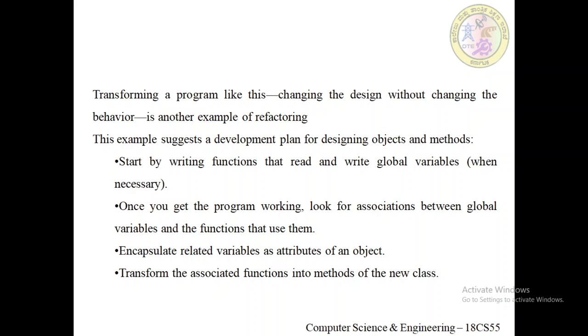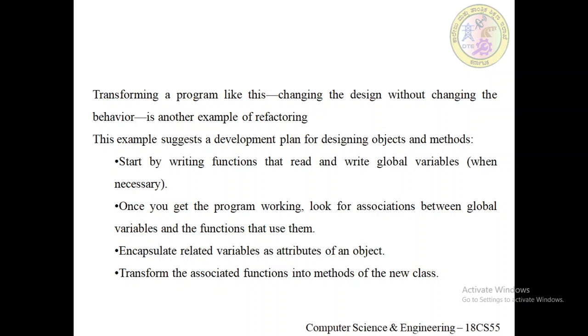The example we have taken suggests a development plan for designing the objects and methods. We follow some steps. We start by writing the functions that read and write the global variables, whenever it is necessary. Once you get the program working, look for the associations between the global variables and the functions that make use of them.